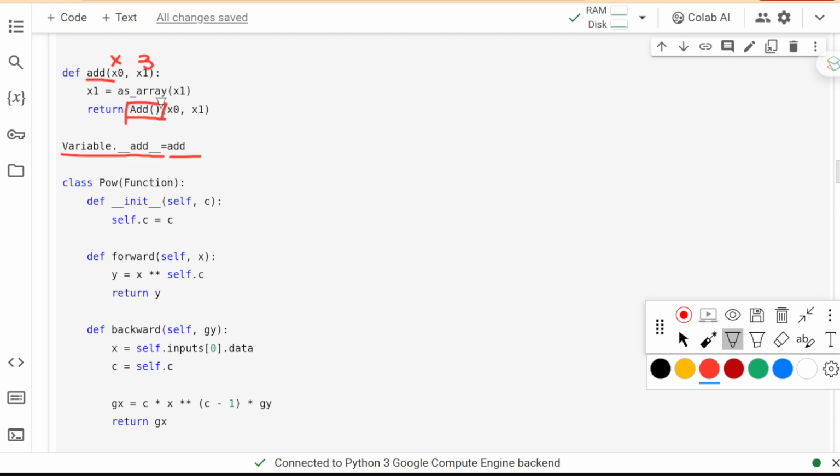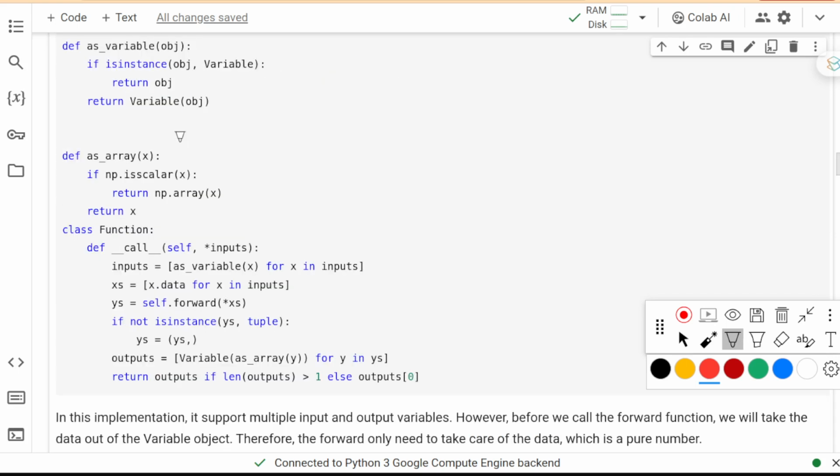So you will see the call function here, the construct function here. And after we have this object, we will call this object by putting those two arguments, and you will actually call this function. Okay, and with an array of input, this will become an x, and the other variable of 3.